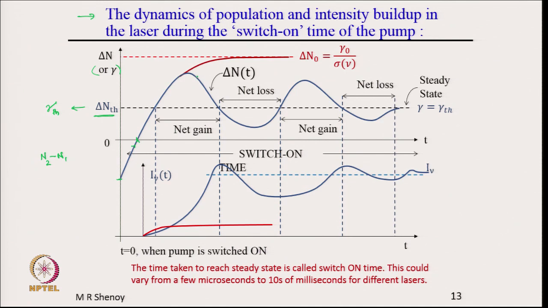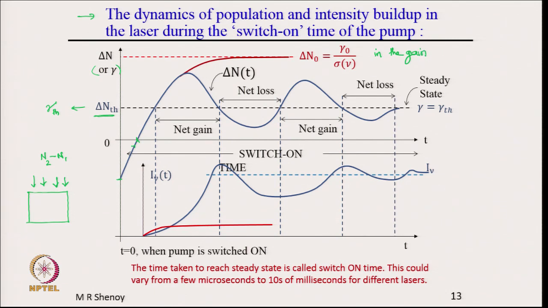Suppose there was no resonator, which means I just have the medium here and I have a pump on. So, the population inversion will increase and it will finally reach a steady state value when the number of atoms going upward is equal to the number of atoms coming downward. And this is the steady state value delta n 0, which is equal to gamma 0 by sigma nu. This is the population inversion in the gain medium,